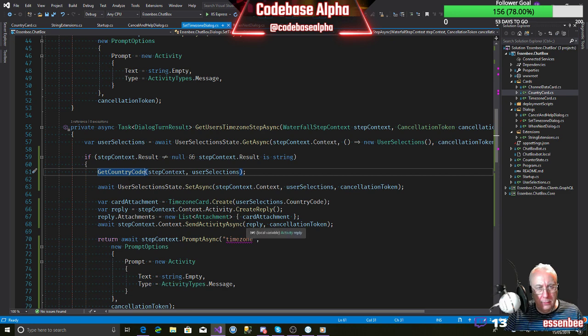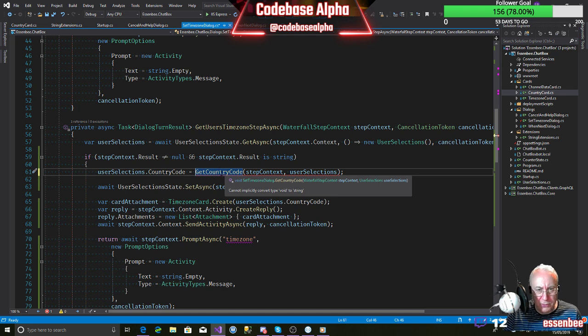And what we're saying is that user selections dot country code, user selections country code is going to equal that.